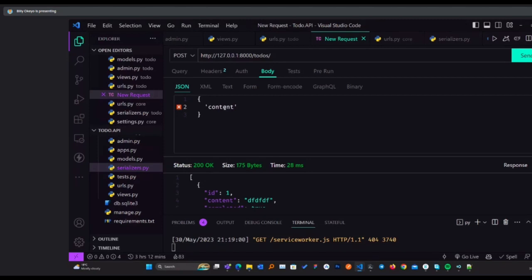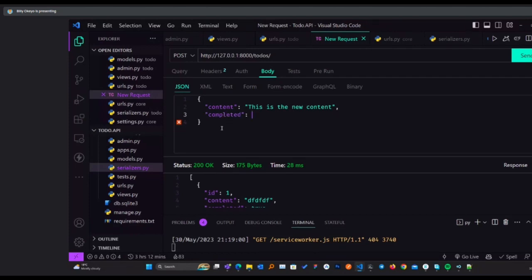Content is the new content. Then a comma, and just for uniformity, I'll use double quotes for everything. And I'll have completed.